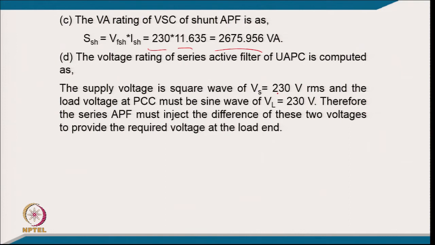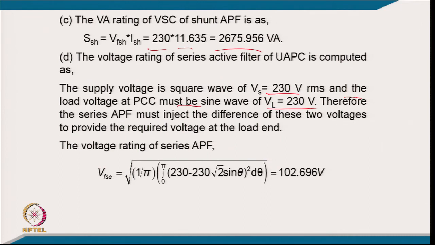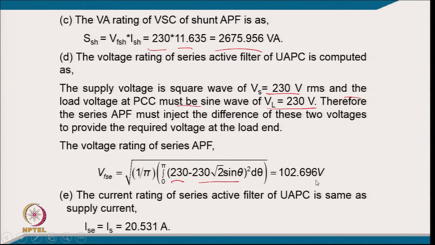The supply voltage is a square wave of 230 volt RMS, and the load voltage at PCC is a sine wave of 230 volt RMS. Therefore, the series active filter must inject the difference between these two voltages to provide the required voltage at the load end. The voltage rating of the series active power filter is now the difference of the 230 square wave minus the 230 sine wave, and taking only half cycle symmetry, 2 upon 2 pi, 0 to pi, it comes to